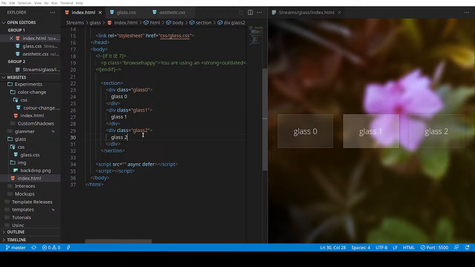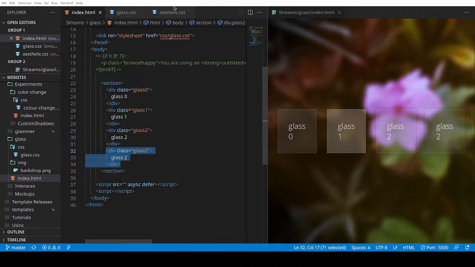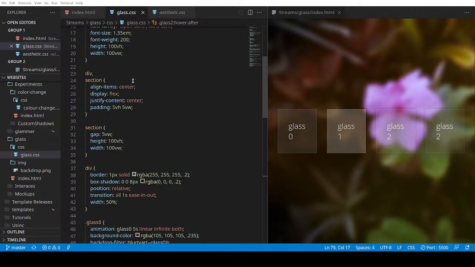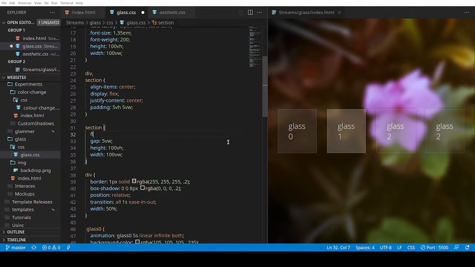Now, as I told you, you can also animate backdrop filter blur without actually changing the backdrop filter value, similar to what I did over here. And as I said, that would be using a pseudo element. So we're going to add another div to this, and to avoid everything bunching up, what I'm going to do is add flex flow to this. So flex flow row wrap,